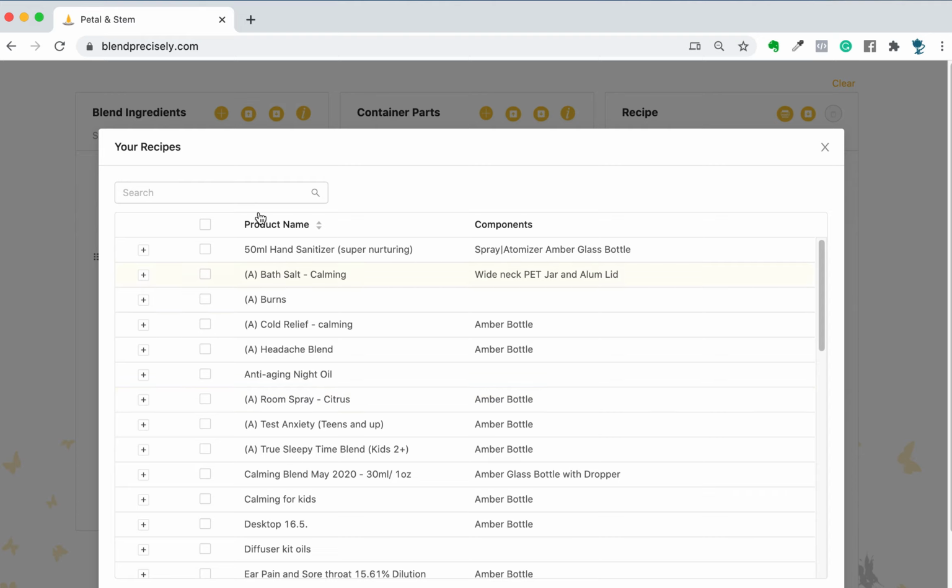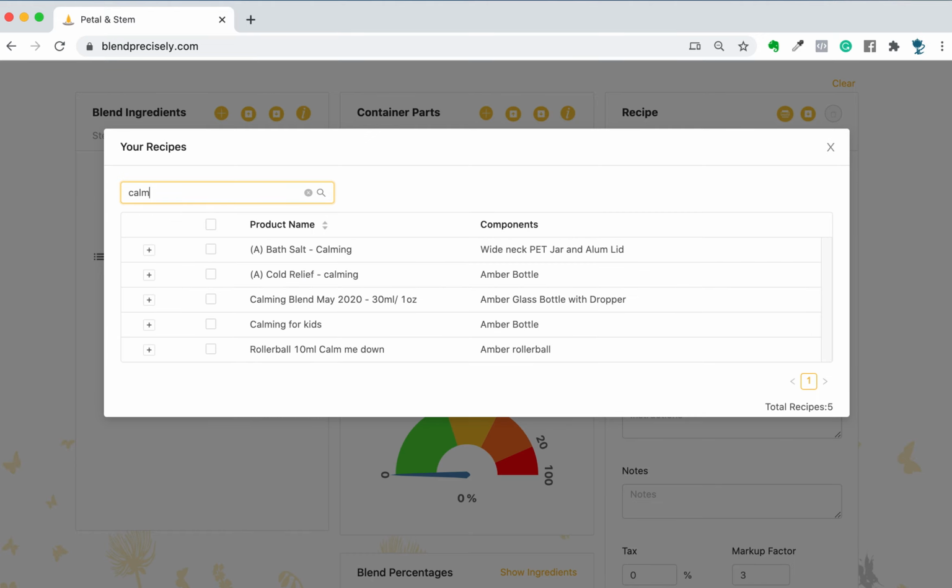I guess. So let's say you remember, oh, the name had something like calm in it. And we did create a blend, but we don't remember fully the name of the blend. So if you type in calm and then search for anything which has calm in it, you will see I've got 5 recipes here right now, and I have the option to look at the recipe ingredients already